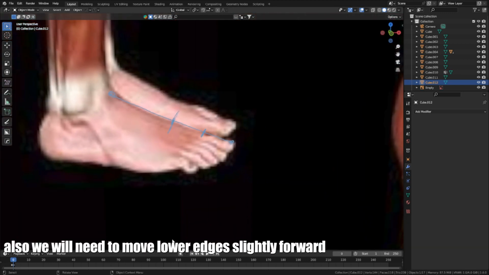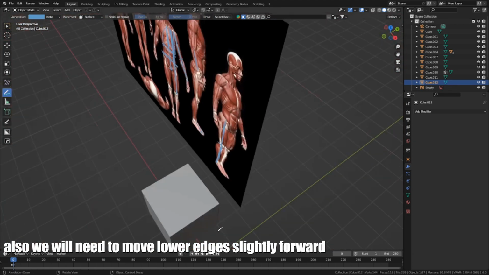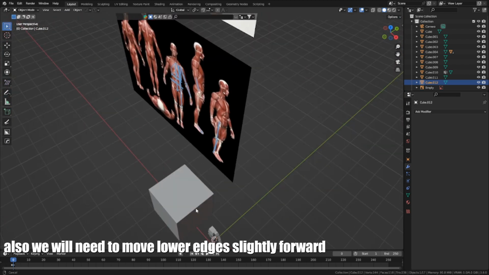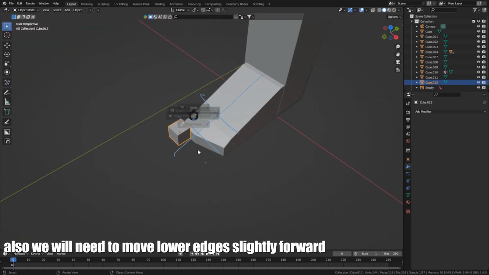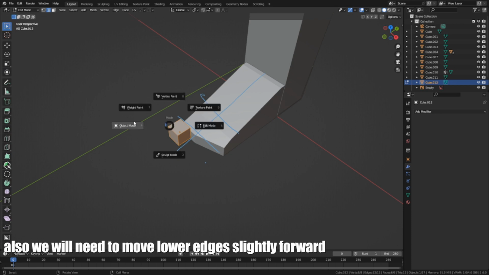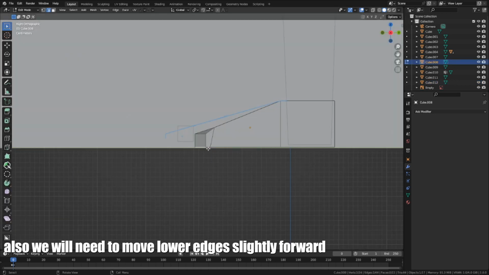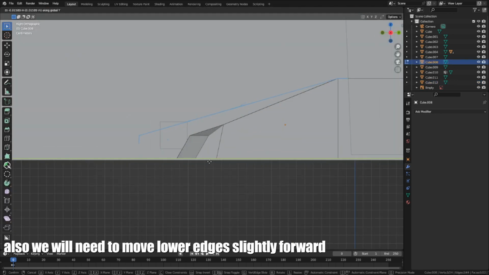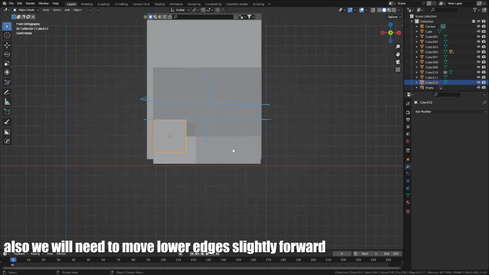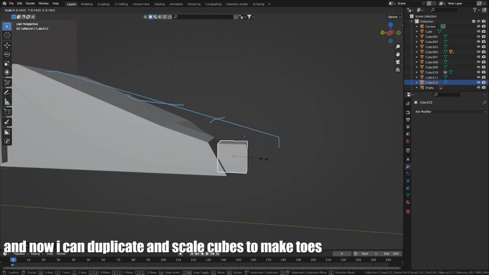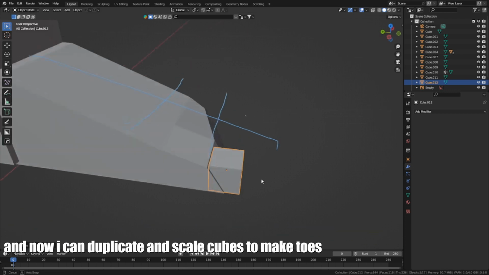Also, we need to move the lower edges slightly forward. And now I can duplicate and scale cubes to make toes.